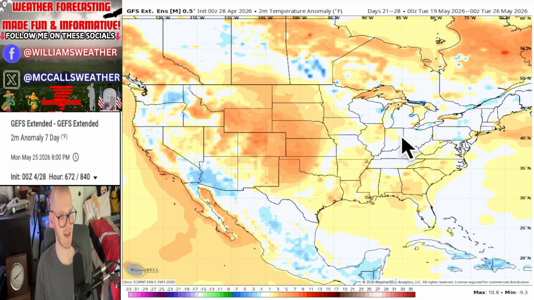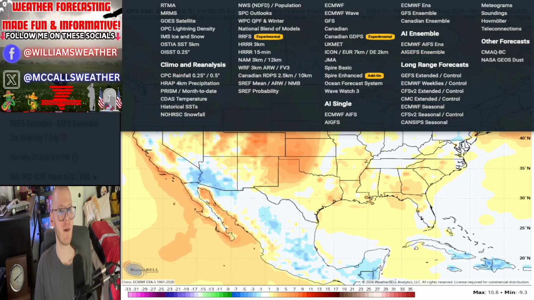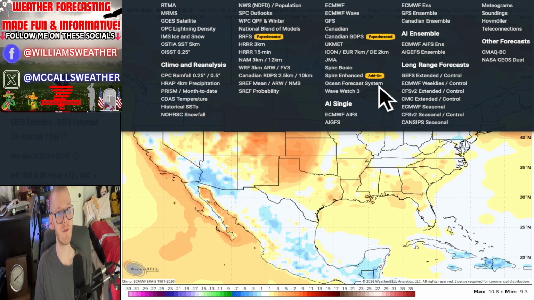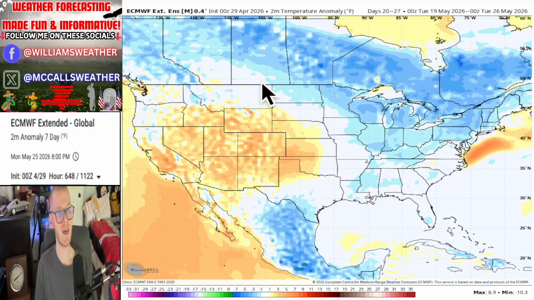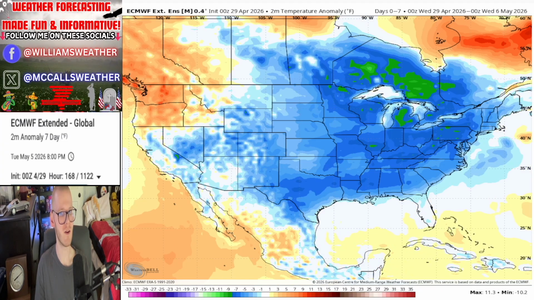So I would say that the eastern part of the country is going to be pretty cool for the month of May, while the western and really some of the central part of the country is going to be coming in on a warmer than average May. And this could also mean an active month for severe weather, by the way. We've got to watch out for that, as May is peak severe weather season.